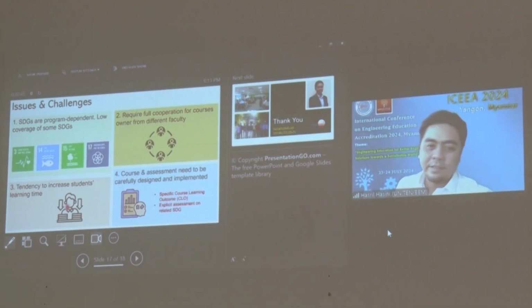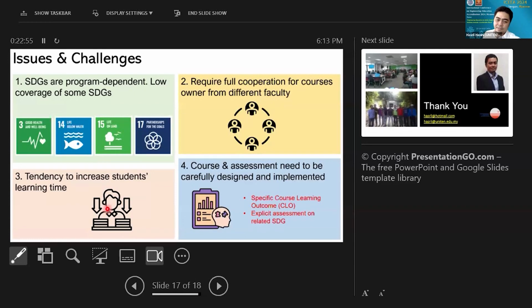So we don't want this to be diluted by focusing very much on the SDG. There must be some kind of balance. There is also a tendency to increase student learning time, or for student focus to shift from doing proper study or analysis on engineering towards focusing on the SDG.